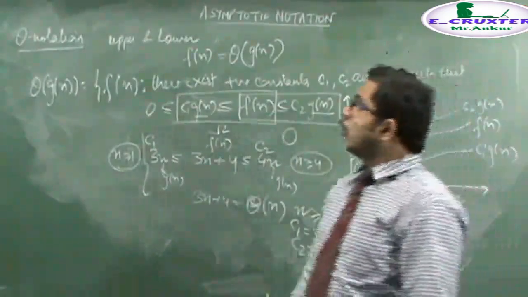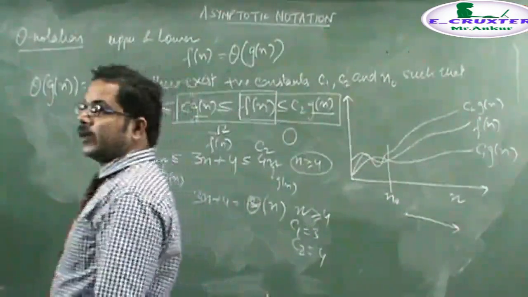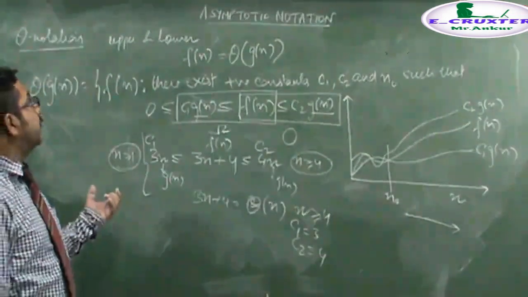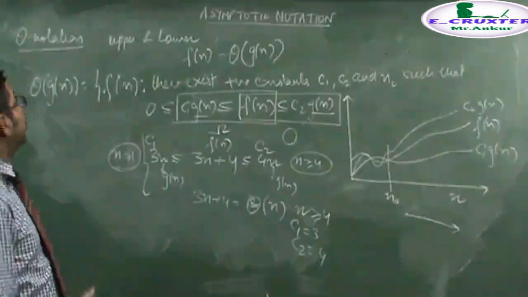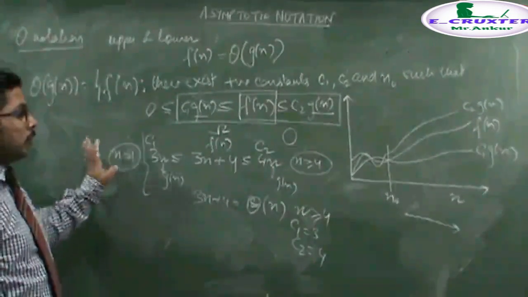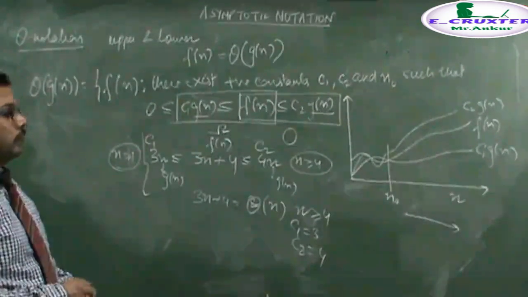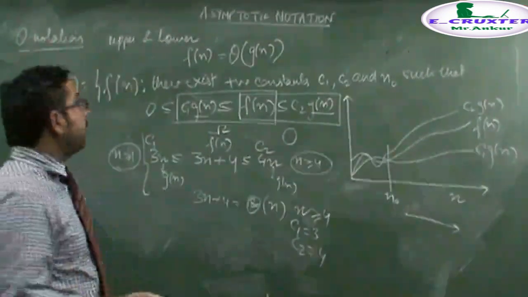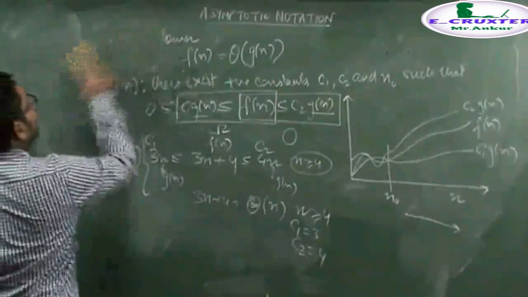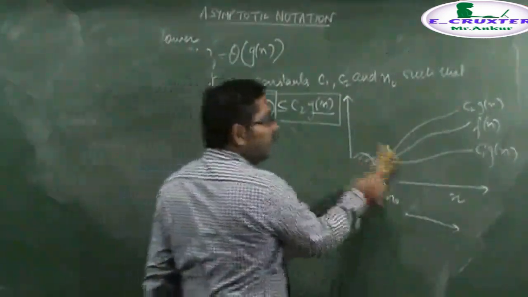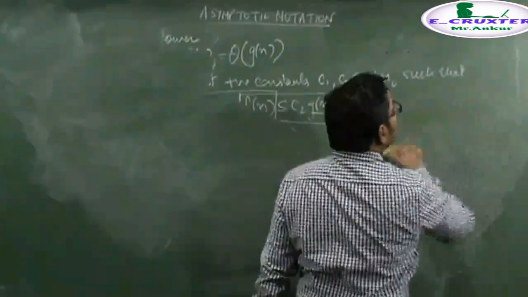Now we have understood that big O notation is used for representing the upper bound, theta notation is used to represent the upper and lower bound both, and big omega notation is used to represent the lower bound, and in this way we solve these particular equations. Now there is a relationship between these three notations which is denoted by a theorem, and I am writing this theorem here and you should try to prove it by yourself.